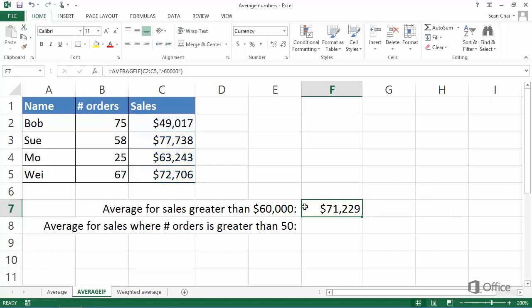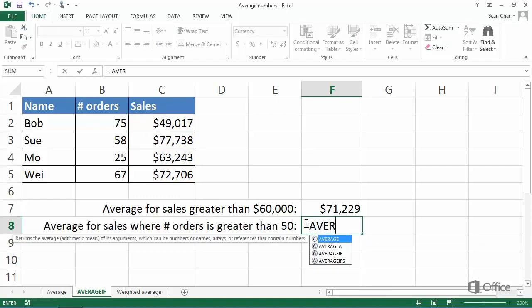Now we'll use the AVERAGEIF function to determine the average for sales where the number of orders is greater than 50. In this example, one range of cells is evaluated against the criteria, and a second range of cells is averaged. We type equal sign, AVERAGEIF,